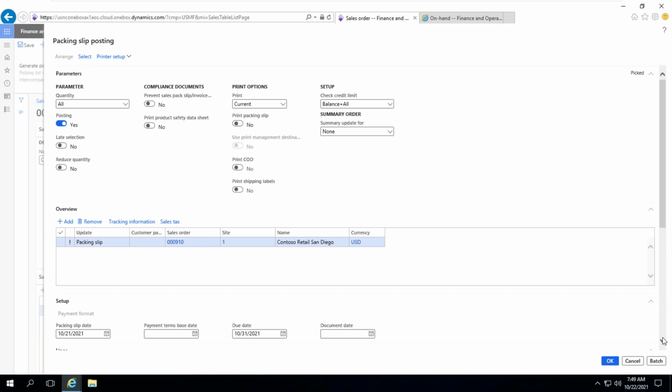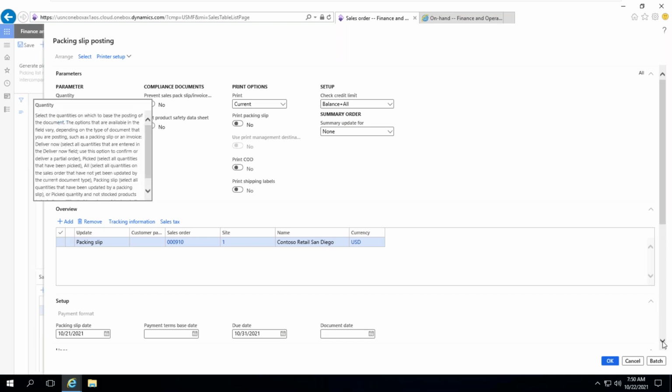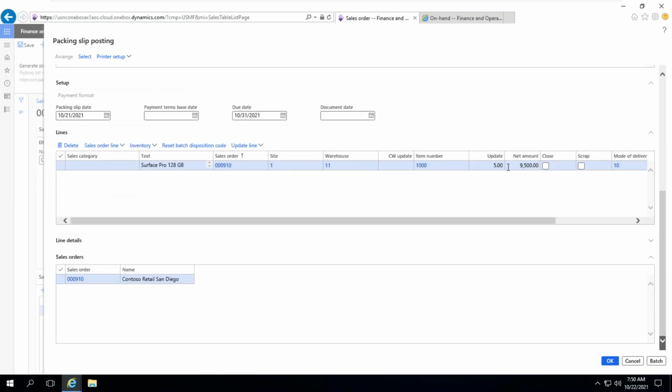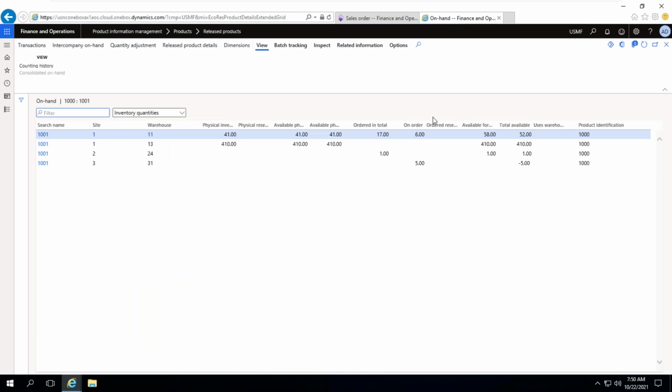If I scroll down, look at this one, 5 quantity. So we are dispatching 5 quantity. Once 5 is dispatched, it will become 1 and it will become 36, because 41 is available and 5 we are dispatching, then it will become 35. Let me complete this one.